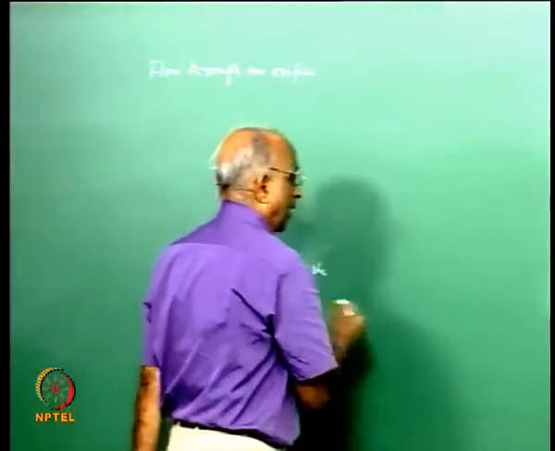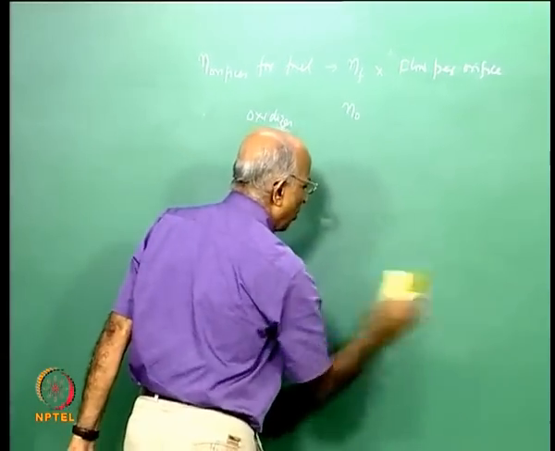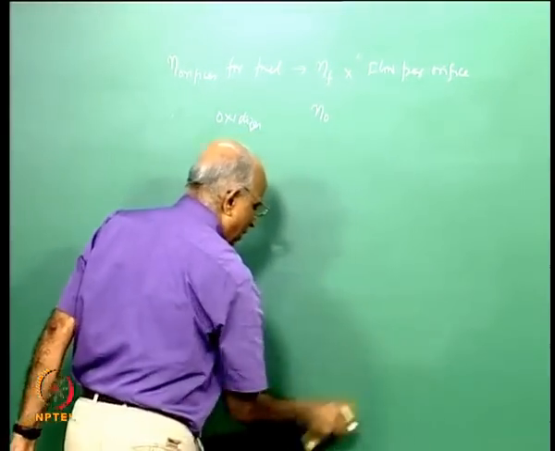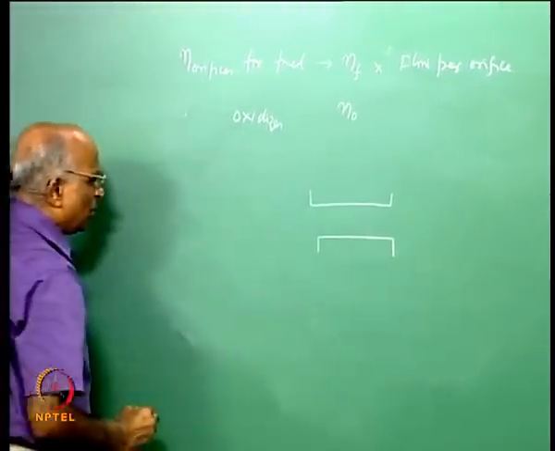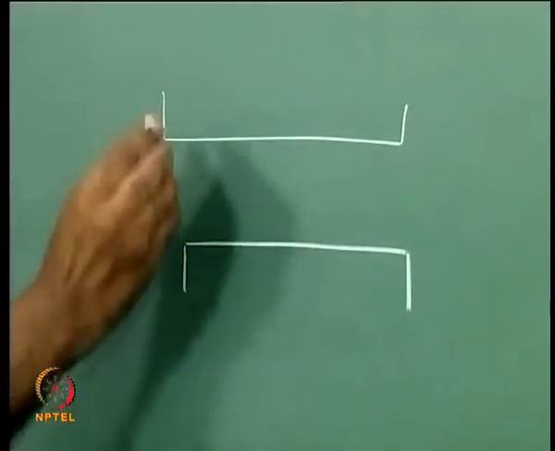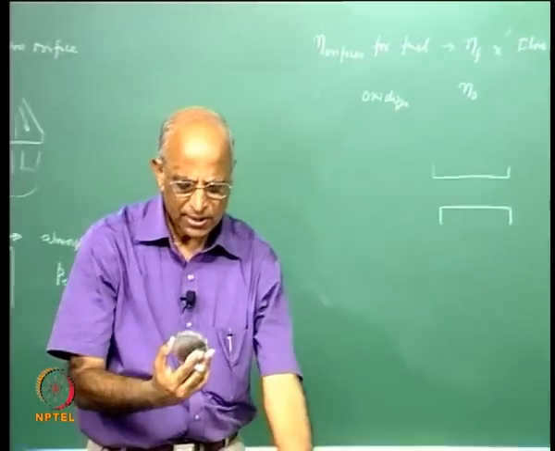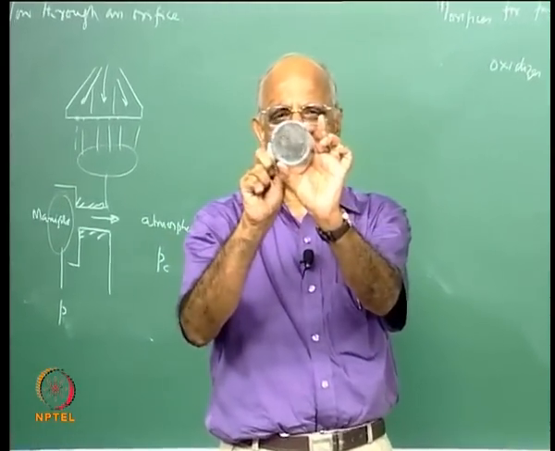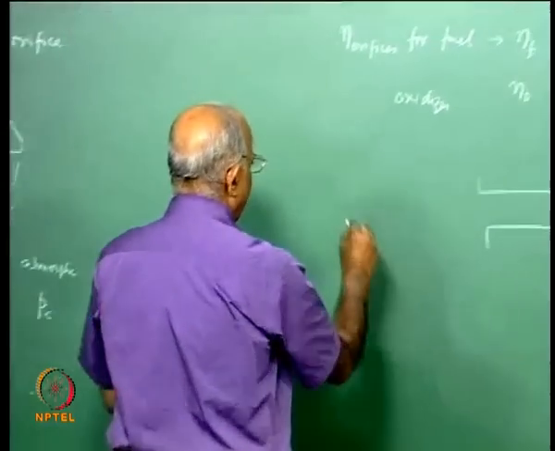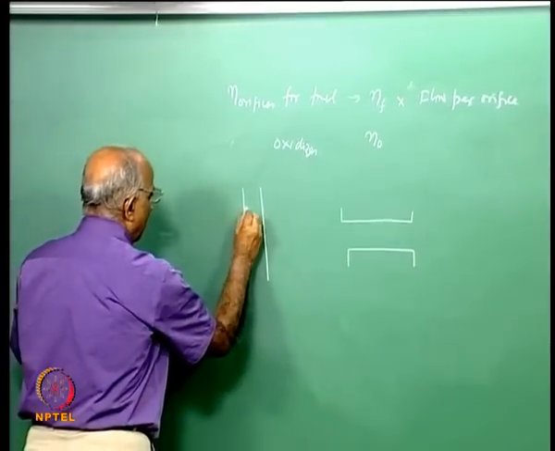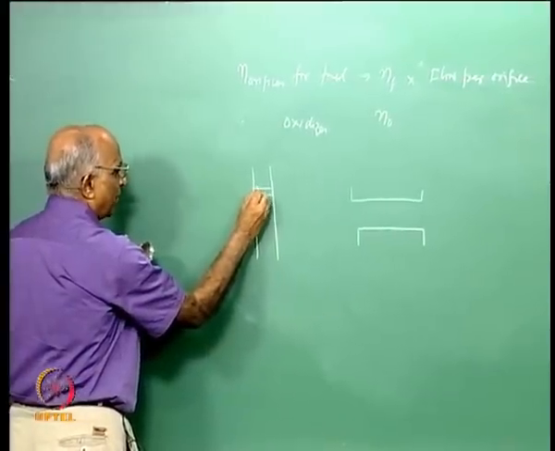Well, I go back and look at this scheme again. I find there are a lot of things even in a small orifice flow which we need to understand. I have an orifice like this. Most of the orifices are sharp edged. How do I make an orifice? If you take this particular shower head, you find it has something like 30 or 40 holes, but each of the holes is just drilled. When I drill a hole in a plate, I take a plate like this, I drill a hole like this, I remove the burrs here, that means it is a sharp edge over here,